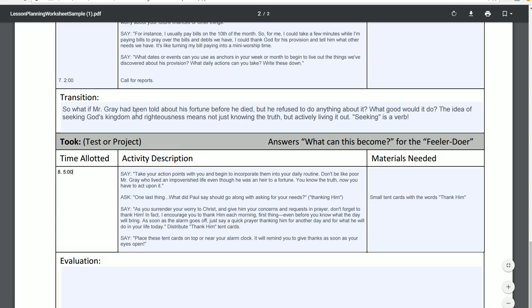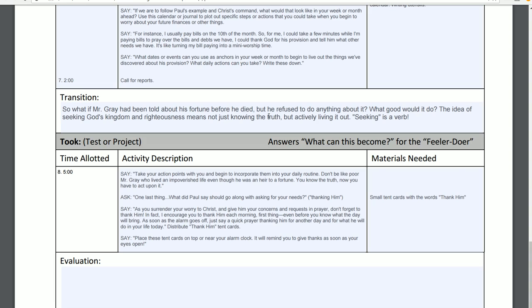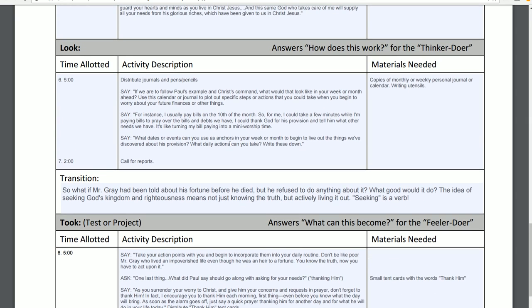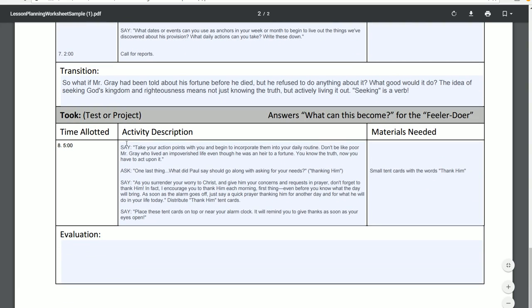So what if Mr. Gray had been told about his fortune before he died, but he refused to do anything about it? What good would it have done? The idea of seeking God's kingdom and righteousness means not just knowing the truth, but actually living it out. Seeking is a verb. So, now that's a transition from what we've just talked about, and I say this: take your action points with you,